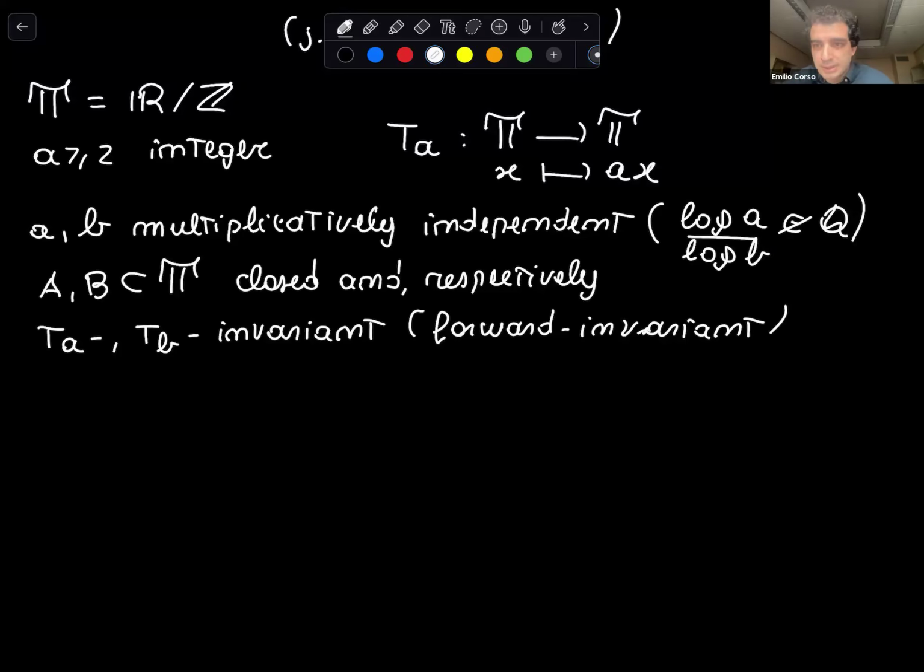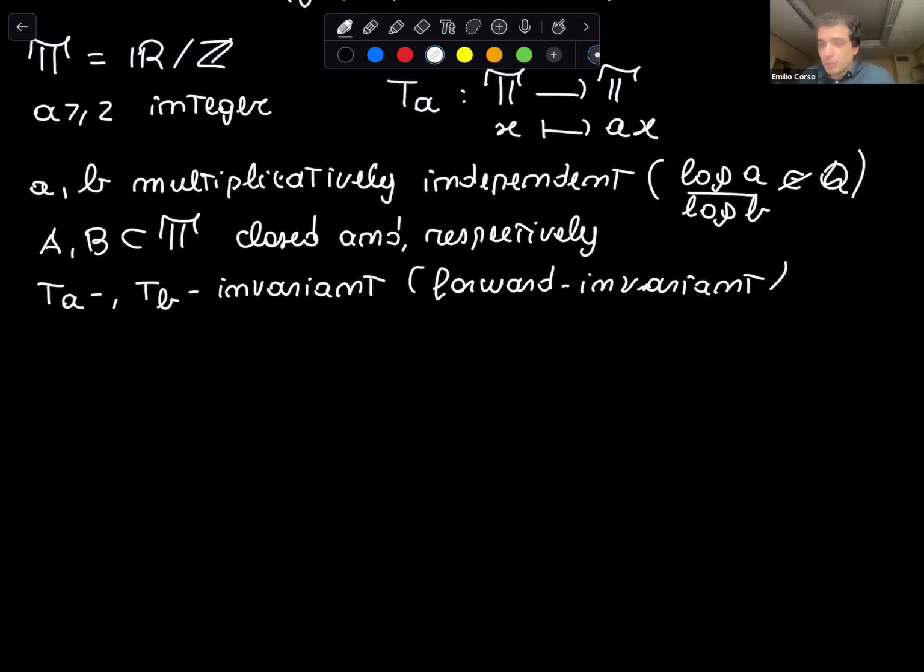What can we say about the relation between A and B? Now, this is closely connected since multiplication by a on the torus encodes the base a expansion of a real number, say 0.1. Furstenberg was led to a series of conjectures which aim to capture the heuristic principle that expansions in multiplicatively independent bases should be totally unrelated. And in particular, we expect sets which are closed and invariant under multiplicatively independent dynamics to be unrelated or to share no common structure whatsoever.